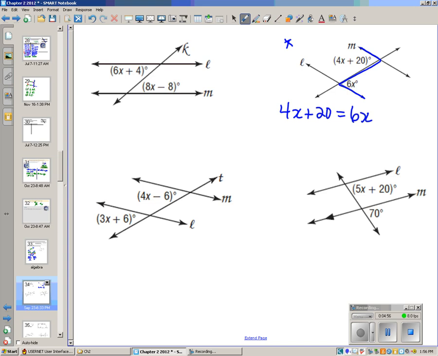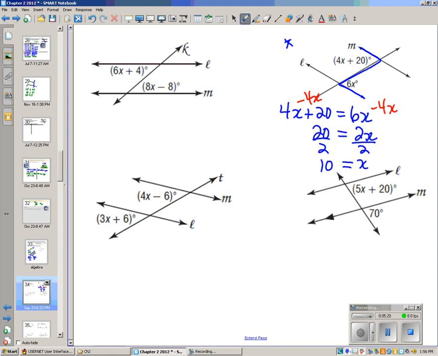So we subtract 4x from both sides. You can do it either way, but you'll have extra steps if you go the other way. 20 equals 2x. Divide both sides by 2. So x equals 10, right? Okay, if I wanted to find,